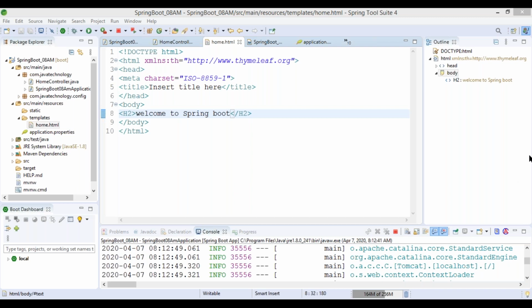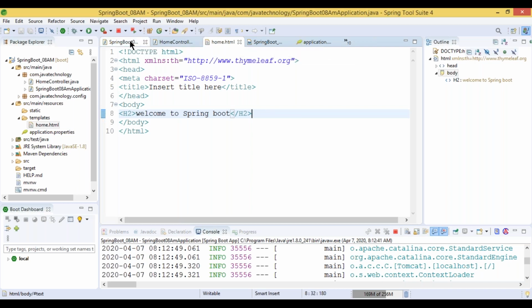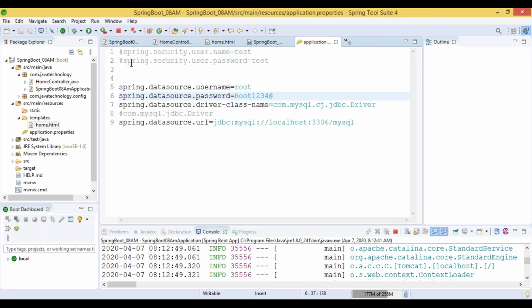No? Okay. So let's focus on our example, how we can work on it. Like we have seen, using these two ways we can work on it, and instead of working on the default username and password, we can give our own username and password.